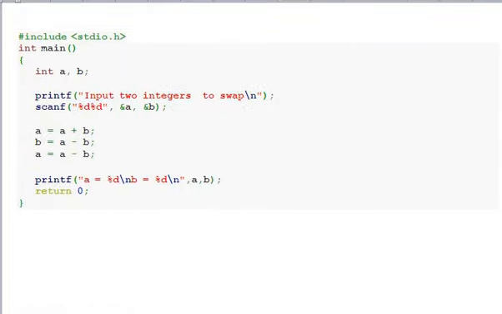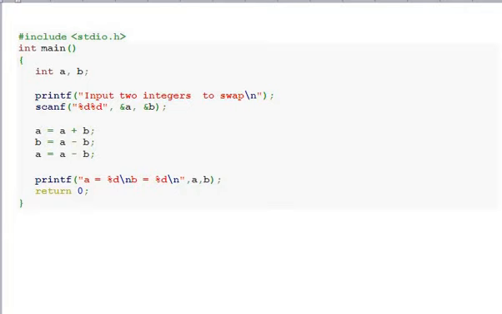So look at method 2, swapping of any two numbers without using third variable. So here the base logic is a is equal to a plus b, b is equal to a minus b, and a is equal to a minus b. If a is 10 and b is 20, the first one, a is equal to a plus b, you can put it on the paper. So a is equal to a plus b, that is 10 plus 20 is 30. Now the value of a is 30.